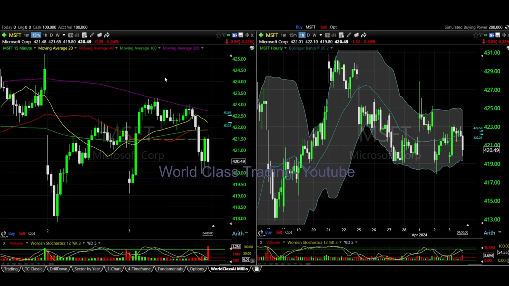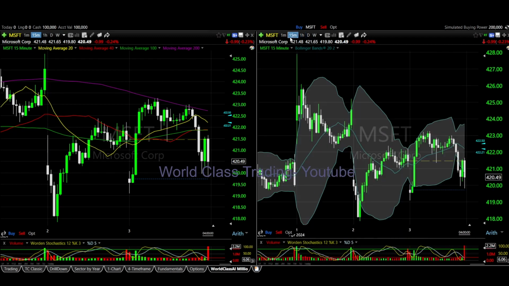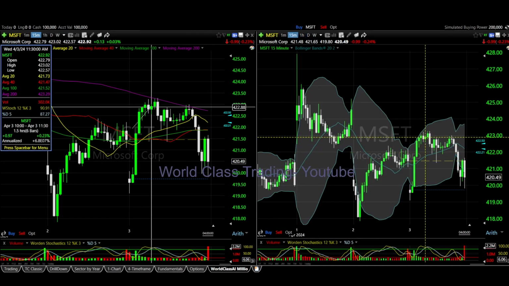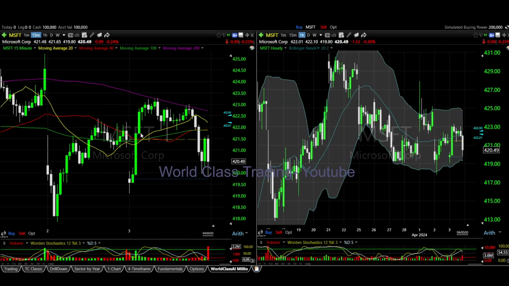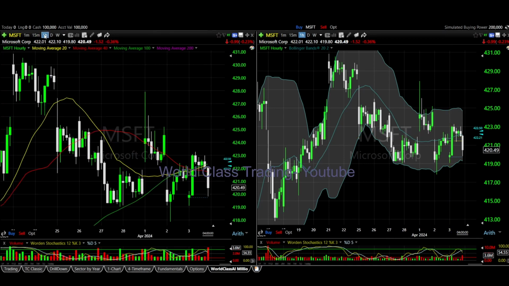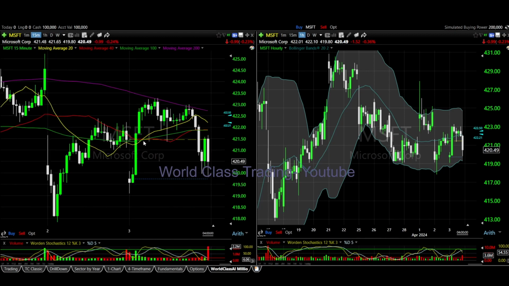Right here, you can't really use Bollinger Bands. See, this is why you have to interchange Bollinger Bands and moving averages a lot, so you're not too confused. In the hourly, you couldn't really see this move, right? You had to go to the 15-minute mark because it was day trading. If you go to the 15-minute mark, you see it's going to break the moving averages of 100, 140 and 20. It's going to reach the moving average of 200.